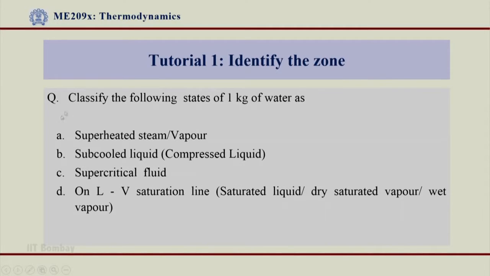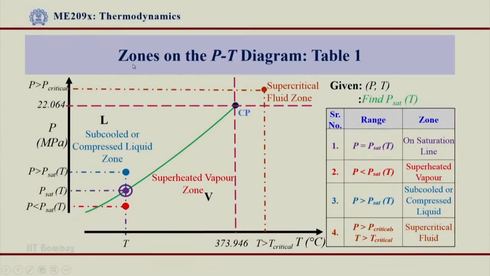this slide. Before I go to the actual problems, I again would like to just go in brief through the summary of different zones, different requirements in 1 or 2 minutes. So, coming to this slide where I can see all these zones on the PT diagram, and to look at this graph I would normally use table 1 where if I have been given PT, temperature is the base for table 1, I will get the value of P sat T.